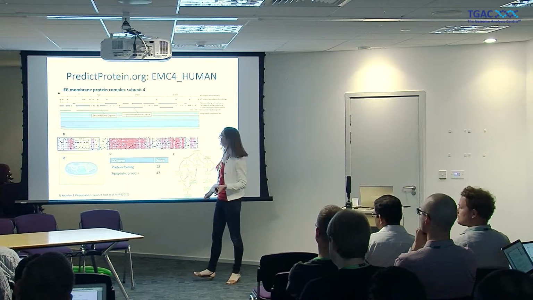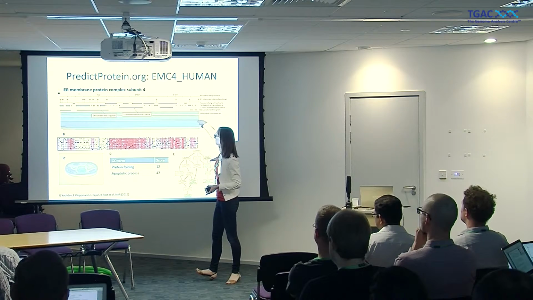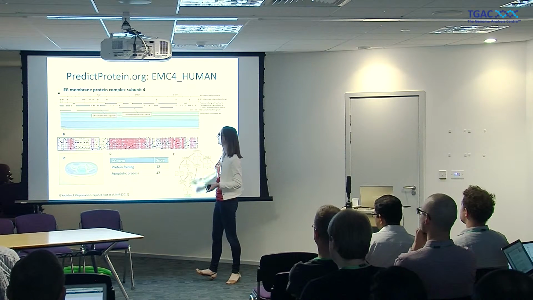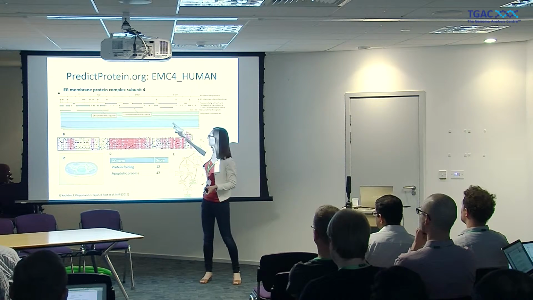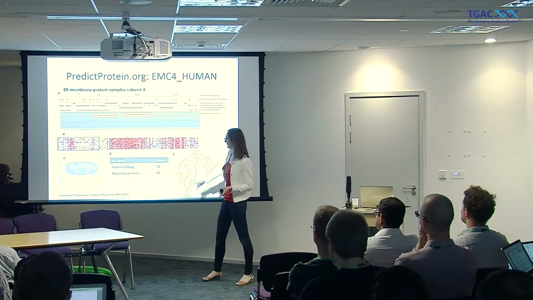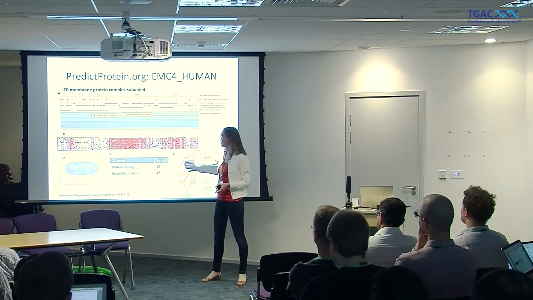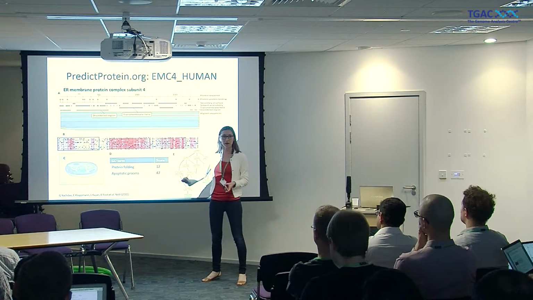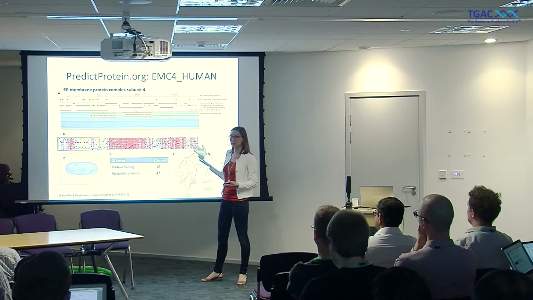Again, if a user hovers with the mouse over these strings, then all possible information is shown. What is the prediction method, what are the coordinates, and so on. We also know from experiments that this protein is involved in protein folding and apoptotic process, and this we predict also correctly. However, what we do not know from experiments, but what we can see from our visualization with Bio.js tools,